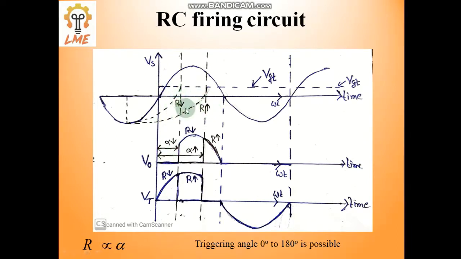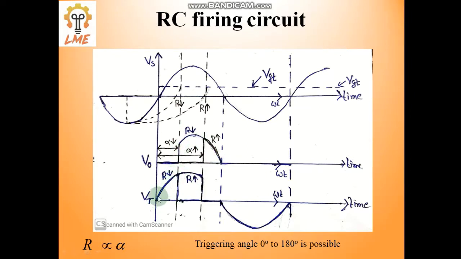We are now considering only a very low value of R. In that case, the SCR is triggering at this particular line. From here the voltage is applied, and up to here the output voltage across the load is 0. When the trigger is on, the voltage comes to the load. And the thyristor voltage is how much?